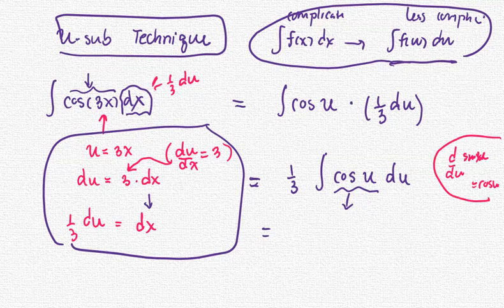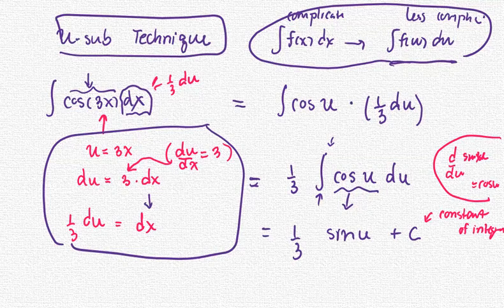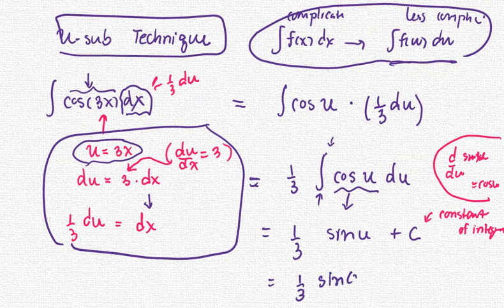Recall, when you find the antiderivative, you think backwards. Now, the integral of cosine u becomes sine u. Since this is the indefinite integral, because there is no lower limit or upper limit, you're going to add c at the end, and c is called the constant of integration. Okay, after you get the antiderivative, the last step, you're going to replace u with the term that you assigned at the beginning. In our case, u is 3x. So the result is 1 over 3 multiplied by sine of 3x, and then plus c.